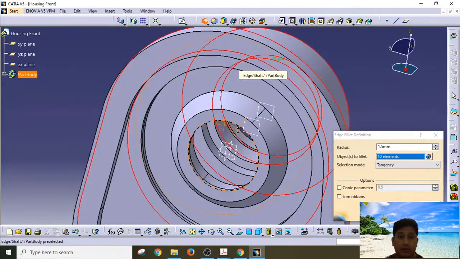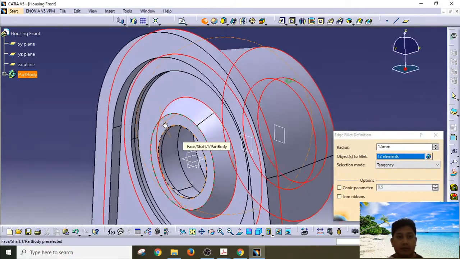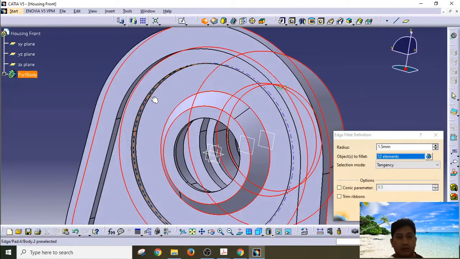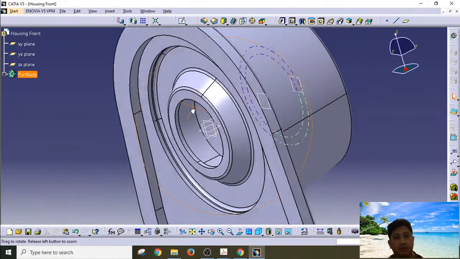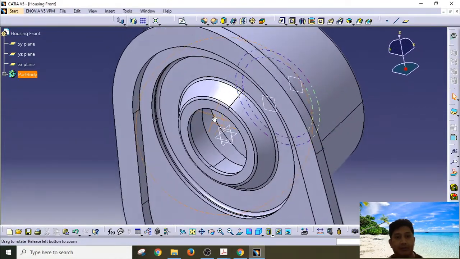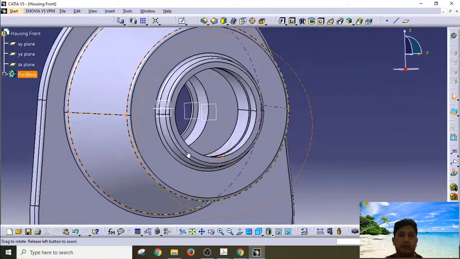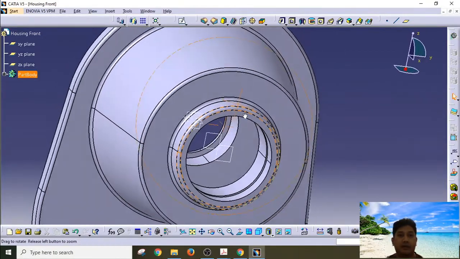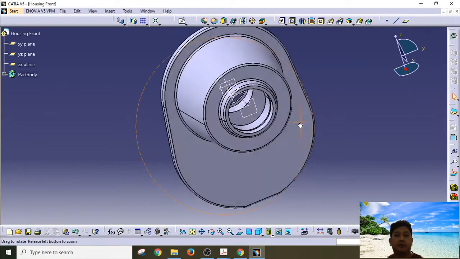Select the lines here to graph, and last but not least is this line. Okay, so we have all the lines being selected to be filleted at 1.5 millimeter radius. This is also being given in our